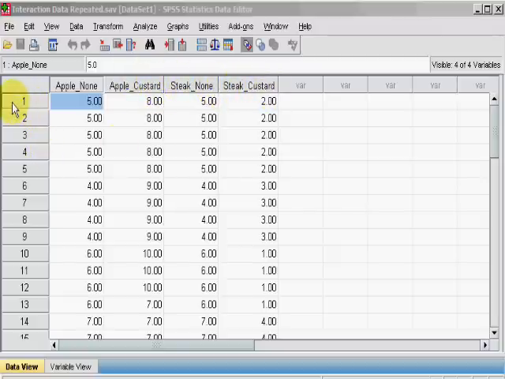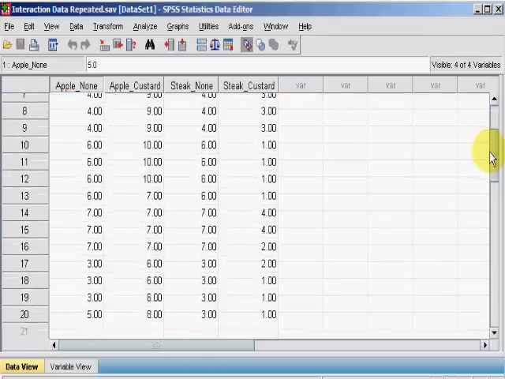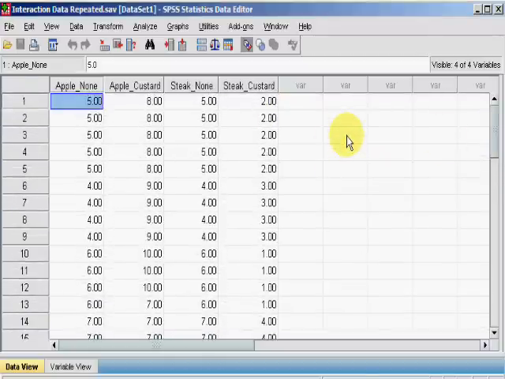So each row corresponds to one participant. So this is participant number 1. They rated apple pie with no topping as a 5 out of 10. Apple pie with custard as 8 out of 10. Steak pie with none, 5 out of 10. And steak pie with custard, 2 out of 10. Okay, so in this data set we've got 20 participants, all of whom have been involved in all 4 of